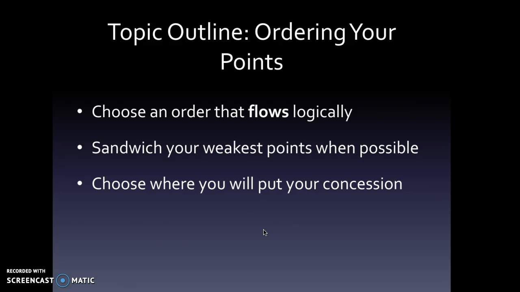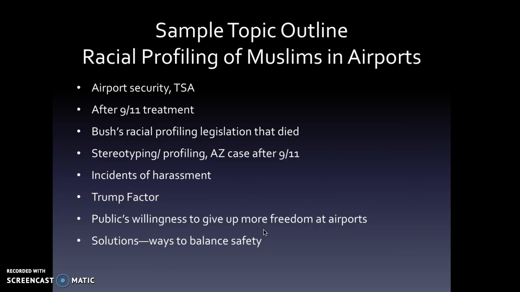At the same time, you want to start putting together a short list of maybe the subtopics for your research paper. An example of that would be this: let's say I wanted to do racial profiling of Muslims in airports. You might be doing racial profiling while driving or while in neighborhoods or in schools. So you might have an overview, if you were doing this one, of how TSA works and how things changed after the 9/11 incident,